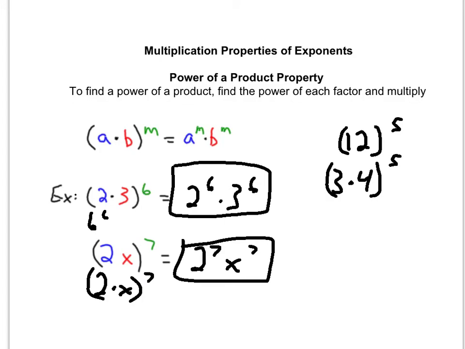Okay, so 12 to the 5th power is the same as 3 to the 5th times 4 to the 5th. Okay, those are the same thing. And that knowledge is going to be key in some of the upcoming lessons. Alright, now let's go on to some examples where we take all these properties and combine them together into different